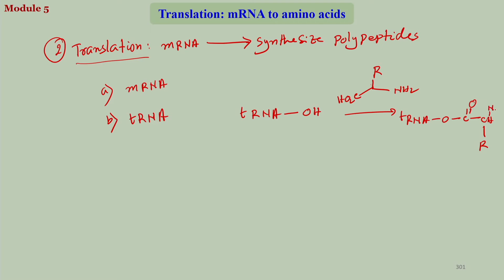or this is your NH2. So, there is an amine group, there is an acyl group. So, this is called aminoacyl tRNA. This is an amino acid which is conjugated to tRNA via an acyl bond. So, this is called aminoacyl tRNA, and this reaction is catalyzed by